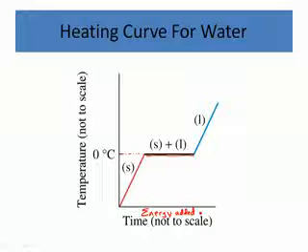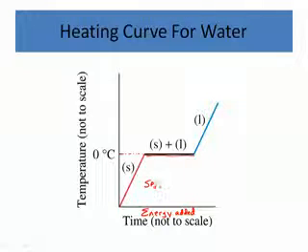So as we add energy to the solid, our temperature is going to increase until it hits the melting point, at which time the heat that's being added, instead of being sensible heat,